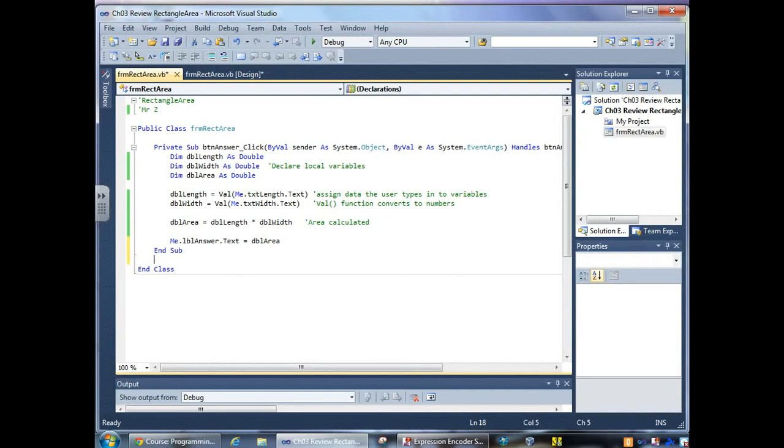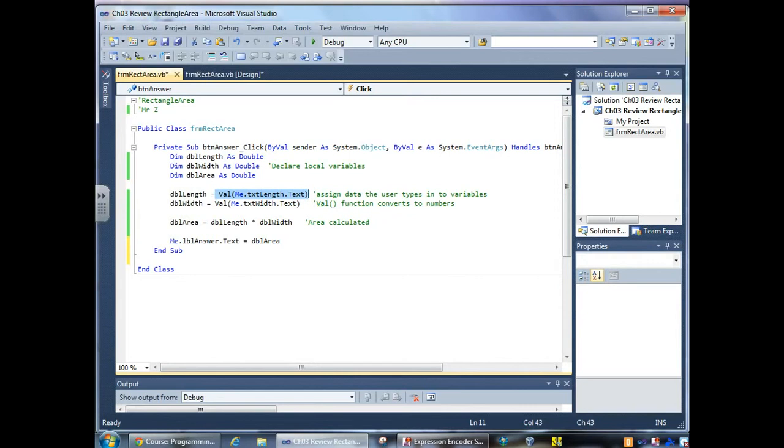So what we had to do here in this situation, we just decided to use a val function here with val, and then in parentheses we put the text box object and the text property that we wanted to put through that val function. And the val function just simply looks at the string, and if there are numbers in there, it will convert them to their numeric value,